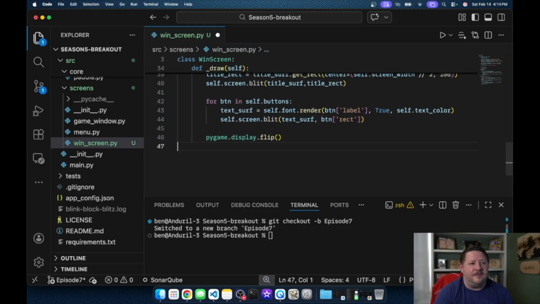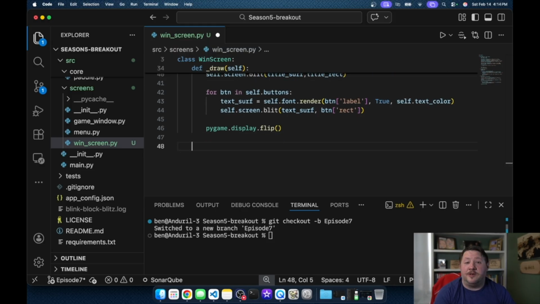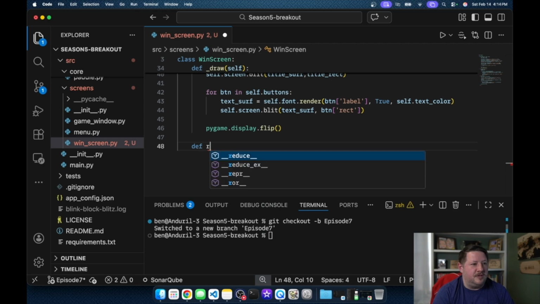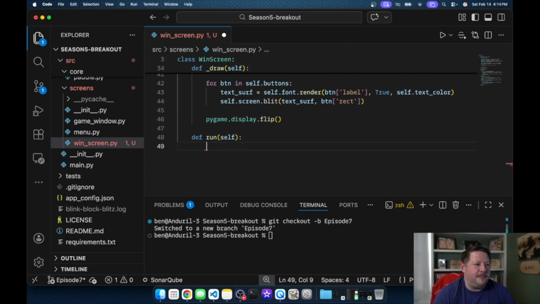All right, now the last thing we need to put in our class is a run method. Remember that every one of our screens takes control from the previous screen, whatever called it. And so when we get here, we need a run method, which is going to be the infinite loop where we live until we manually break ourselves out of it. So define run, not ren, self. Okay, and as I said, this is going to be an infinite loop. So we're going to do while true